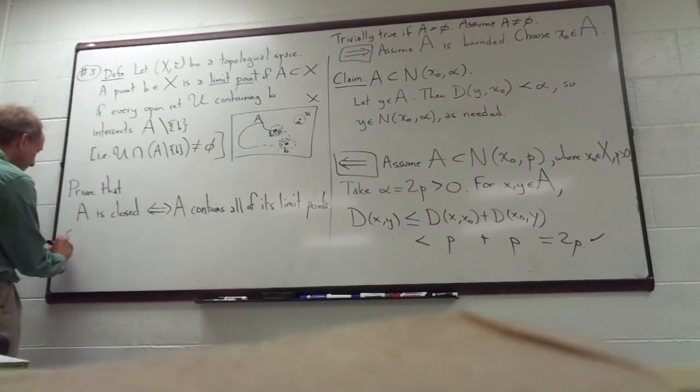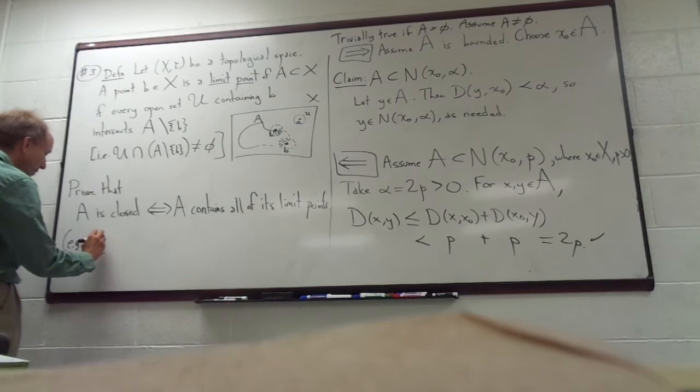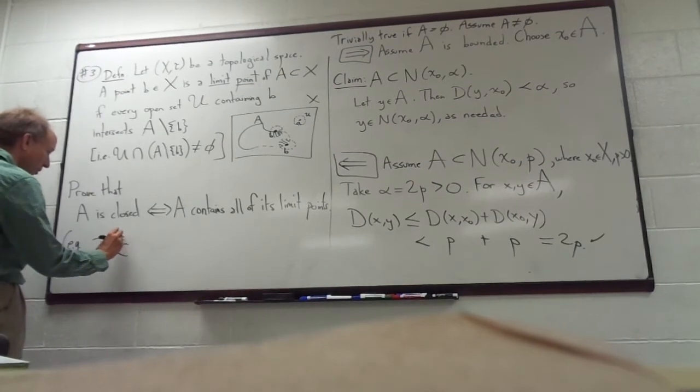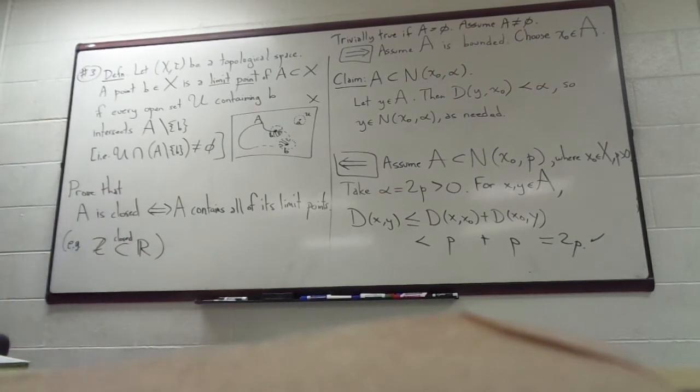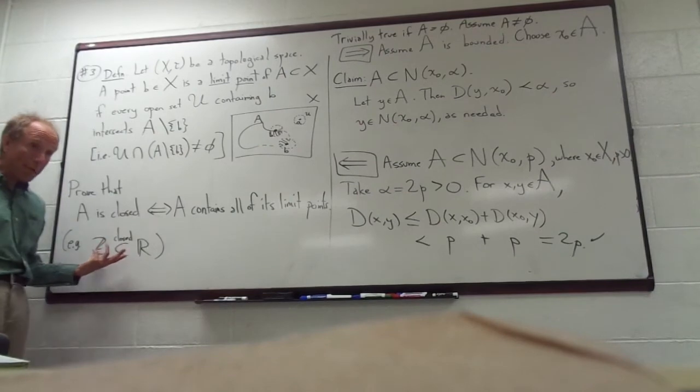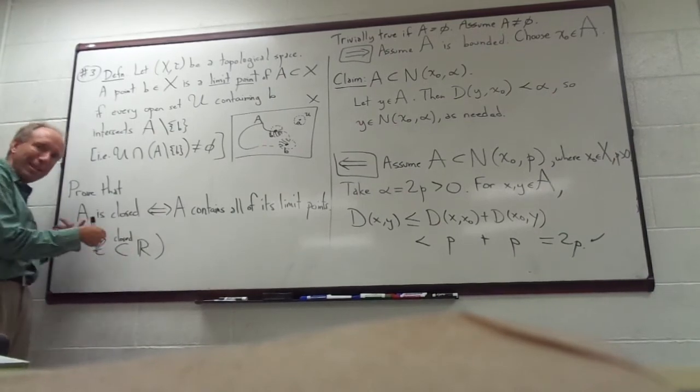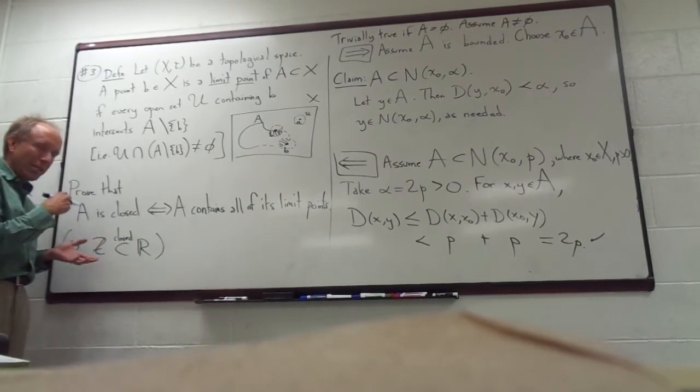So for example, Z is closed in R if you use the regular absolute value topology. We already knew that anyway, because if you take the complement of the integers, that's going to be an open set,